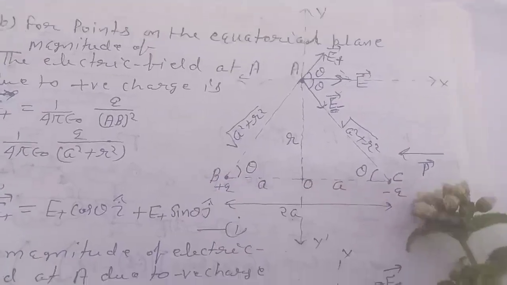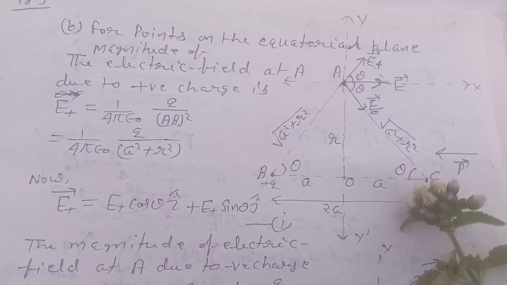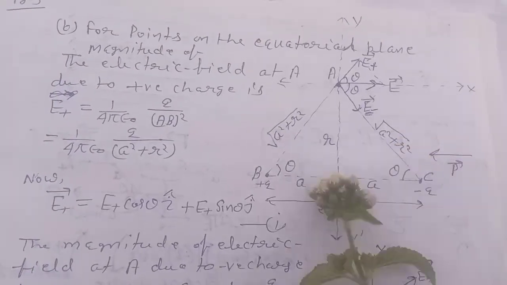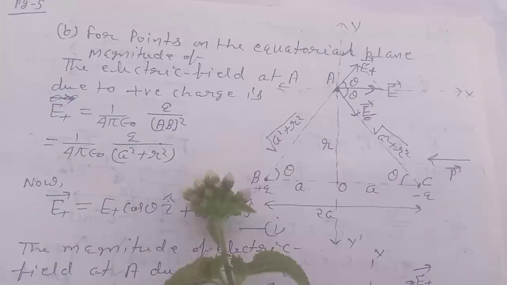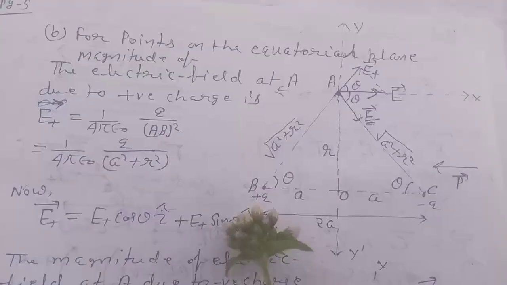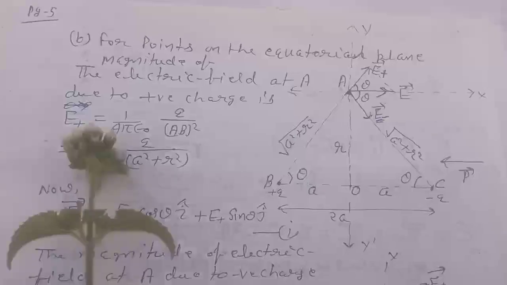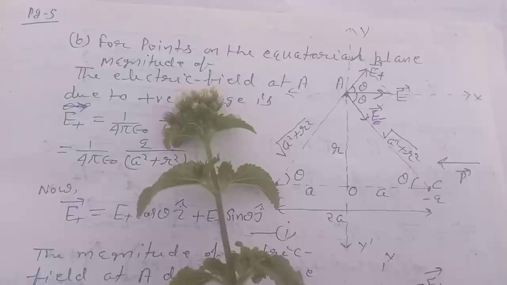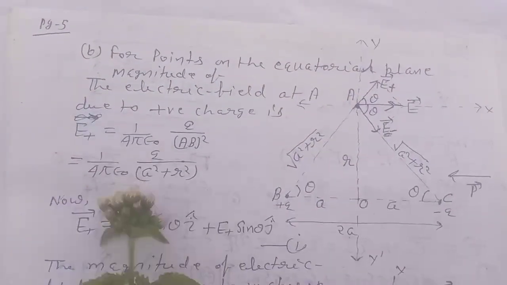This is point B and this is point C, where positive charge is at B and negative charge minus Q is at C, and this is the theta angle, and this distance is A from O. This distance is also A, so the distance between two charges is 2A. So E plus equals 1 by 4 pi epsilon naught Q by AB square, equals 1 by 4 pi epsilon naught Q by